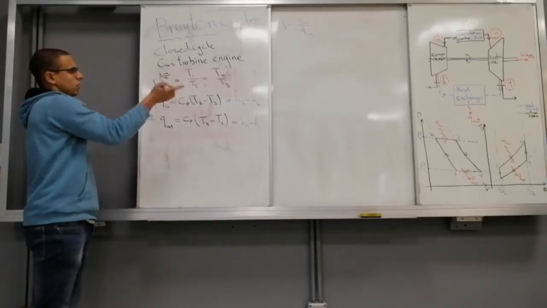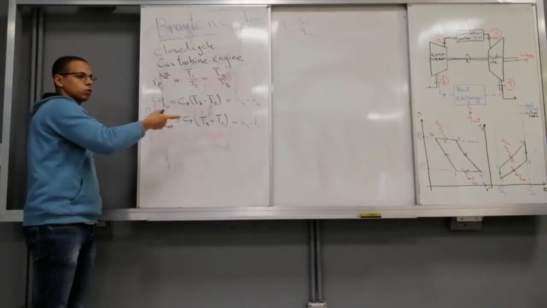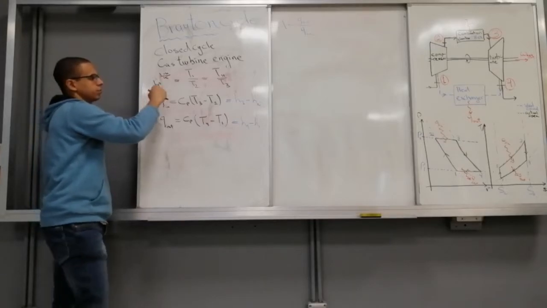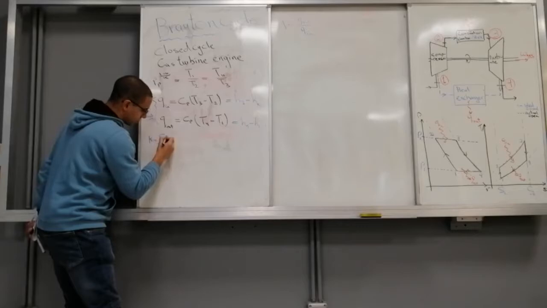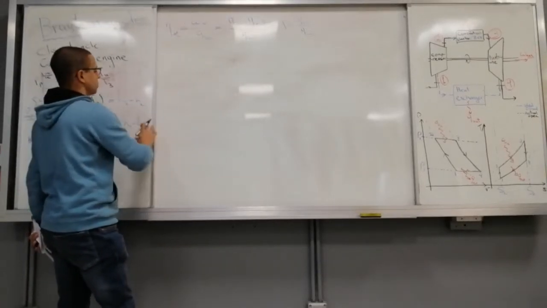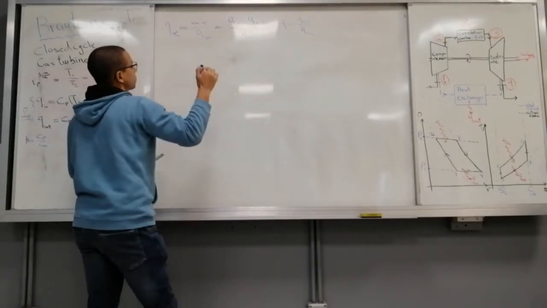And this one we get from the analysis of processes 1 to 2 and 3 to 4, where Rp is the pressure ratio and K is the ratio between the specific heats, Cp over Cv. Thus, we substitute by these laws in here, and we get